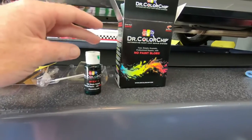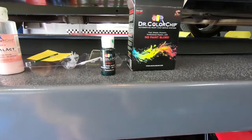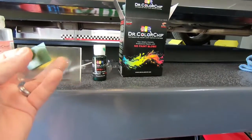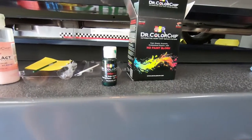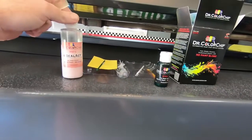So you can use the method where you use a little dropper and drop into a chip, but we're going to be on the side of the vehicle, so we're going to use the squeegee method. Now I got the squeegee kit, comes with 2 different squeegees. So essentially you put paint on the squeegee or on the side of the vehicle, and you smear it into the crack or chip, whatever you have, and then at about 2 minutes you go back with the Seal-Ax and